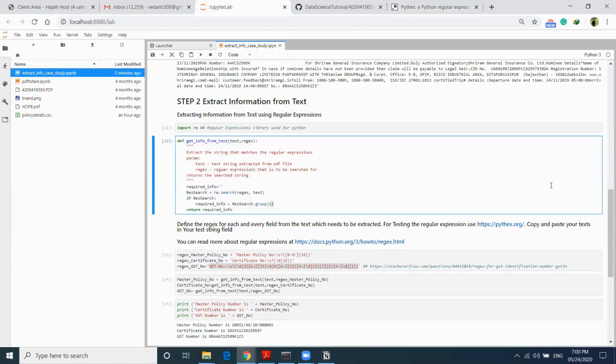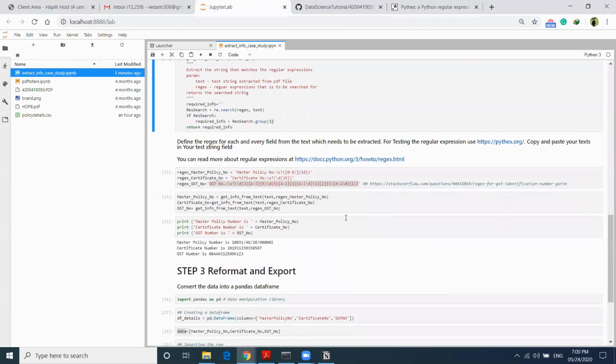Using this function, we are passing the text string and regular expression, and it is returning us the requisite information. So you see that by building regular expressions on a text string, we have extracted master policy number, certificate number, and GST number.